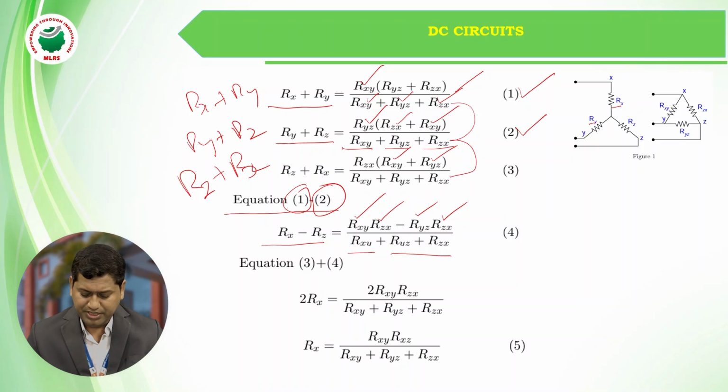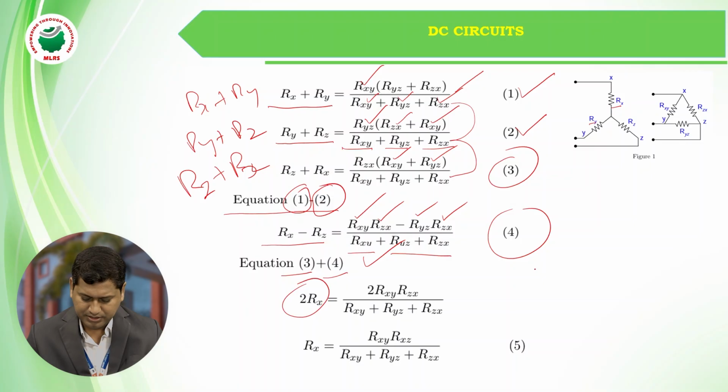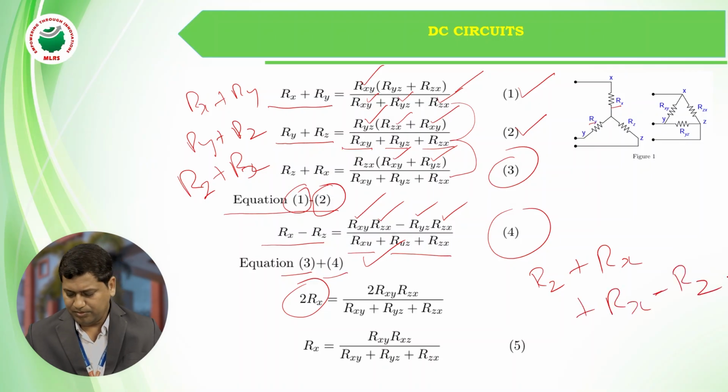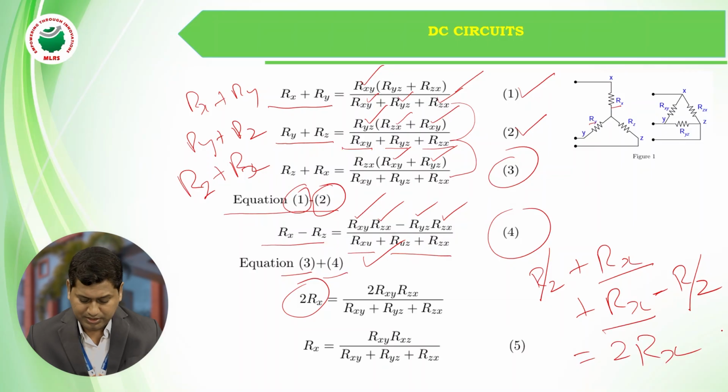So right now I am equating 3 and 4. I am adding equation 3 plus equation 4. So from here, this is 3, this is 4. If I add, I am going to get 2Rx, that is Rz plus Rx plus Rx minus Rz. So I am going to cancel Rz and Rz. I am going to get Rx plus Rx, that is 2 into Rx. The 2 into Rx is equal to,